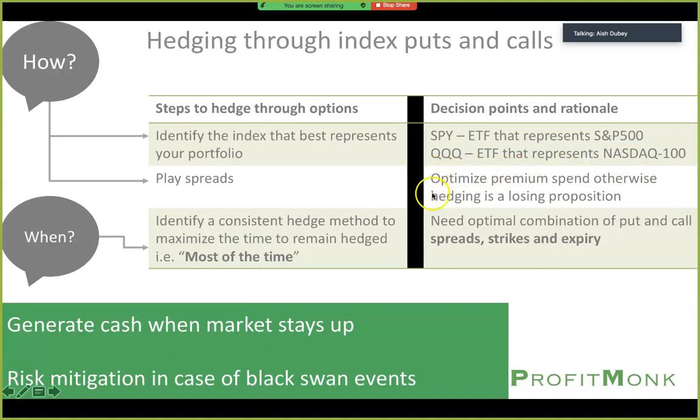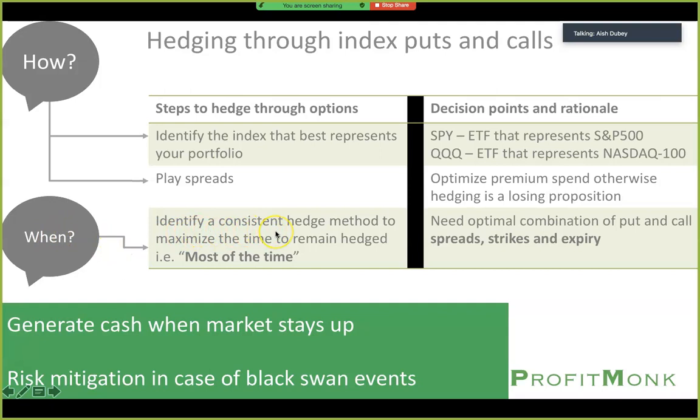Your returns over time are going to be lesser than if you can just clench your teeth and buy and hold, because that's why hedging is kind of tricky. If you hedge too much and hedge in a non-optimal way, then effectively you lose money over the long term. So when to do it, that's where it's tricky.